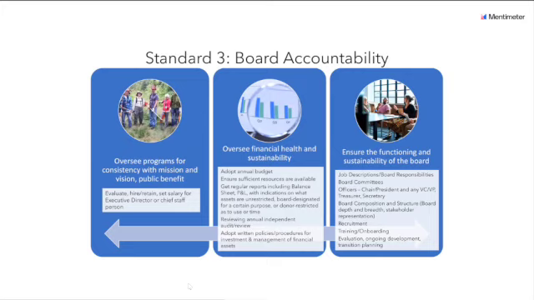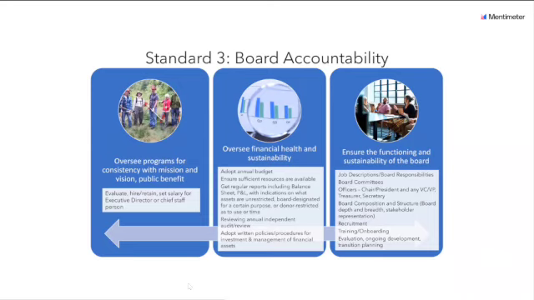And then finally, the board should adopt and implement policies and procedures to limit risks of misappropriation or misuse of organizational funds, otherwise known as internal controls. And we'll talk more about that next week during the financial session. Here on the right,